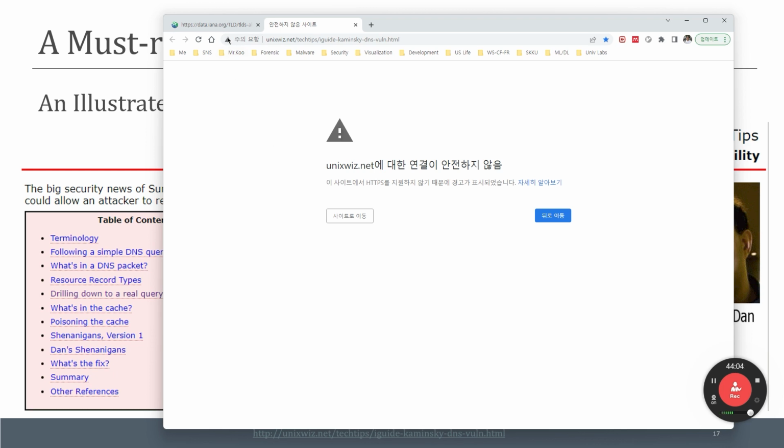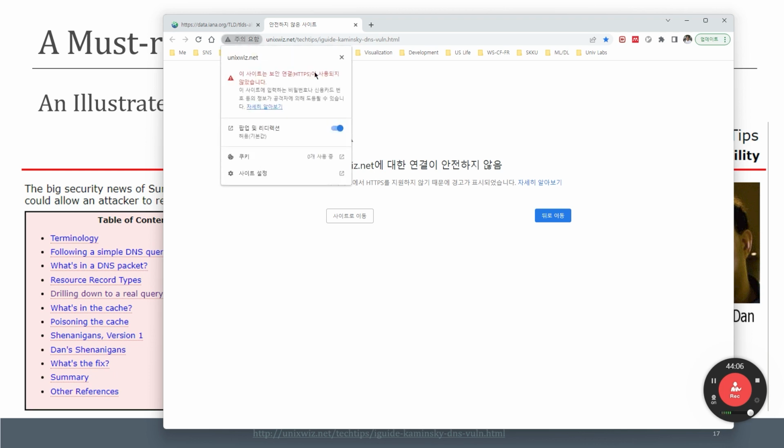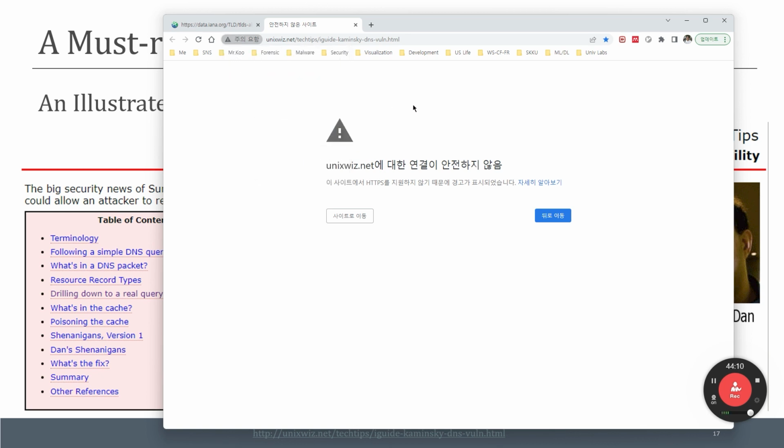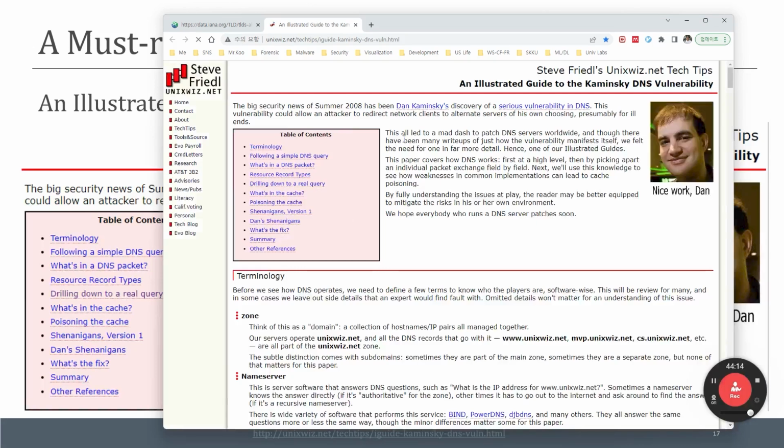I think the other day we talked about HTTP, SSL, TLS, right? And if you click, I'm going to move to this website with HTTP itself, without encrypting the pages.